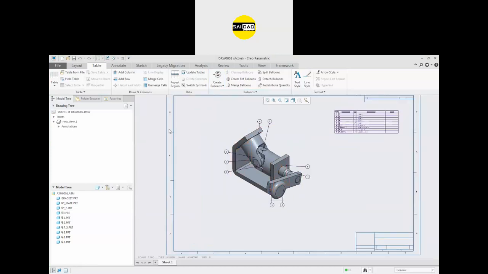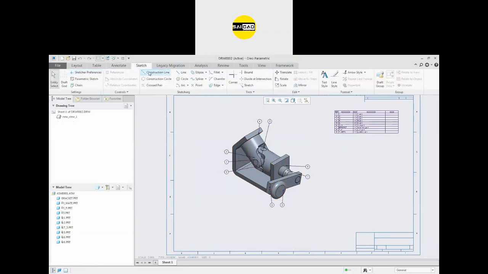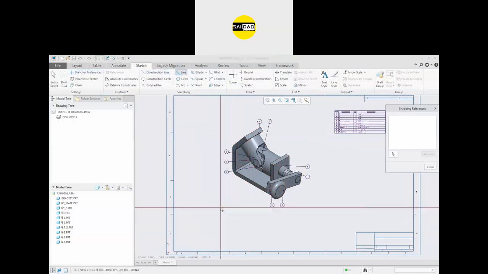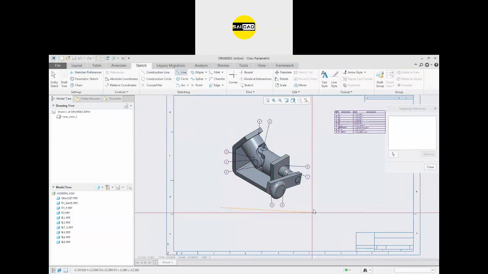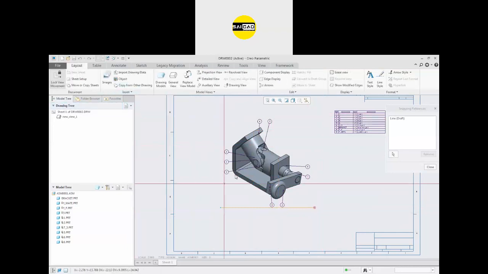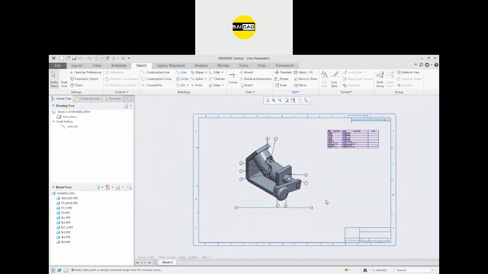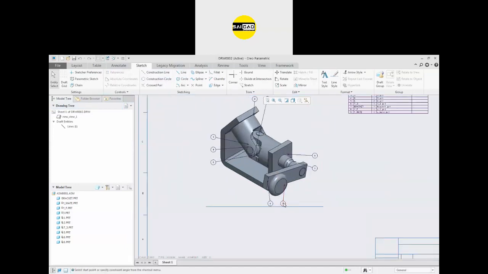Okay, so after that, I'm going to insert a line there. Okay, to exit out, just click the middle button. So now let's go balloon.